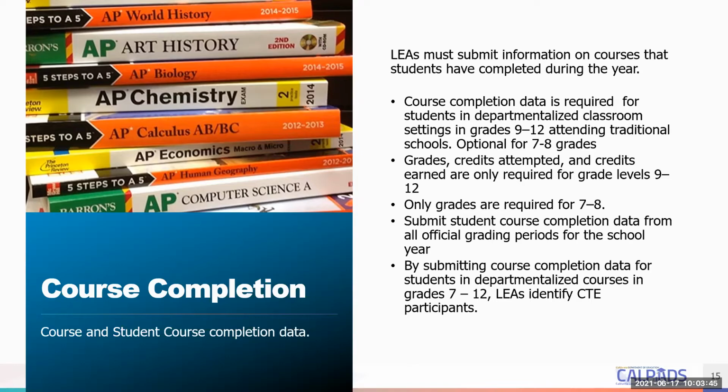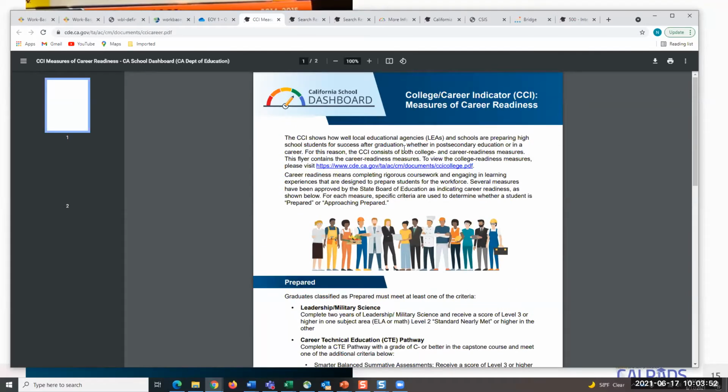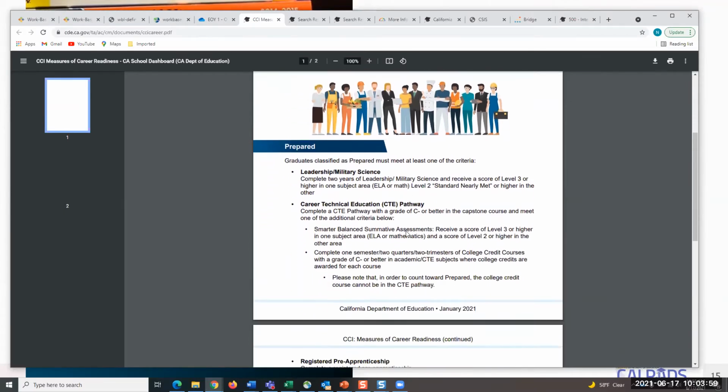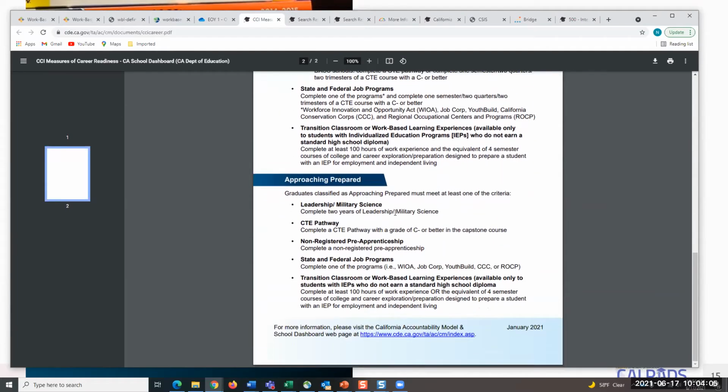One of the documents, if you've downloaded the PowerPoint, I'm going to drag it in front of you. Kyron showed you a metric, a couple of years old, that talks about prepared and approaching prepared. This is the updated version of that, and it's in the notes if you download the PowerPoint. You can see that you have the transition classroom work-based learning experience. We'll talk about the different work-based learning types later, but most districts that have students with disabilities in grades 9 through 12 are going to have some of these students.